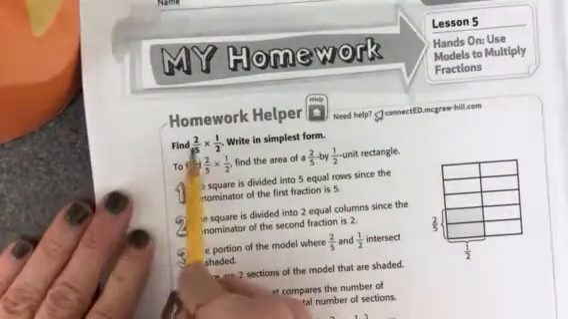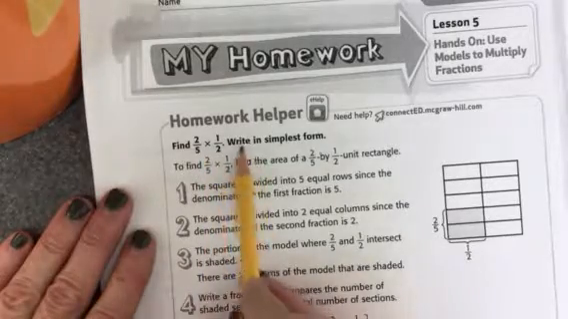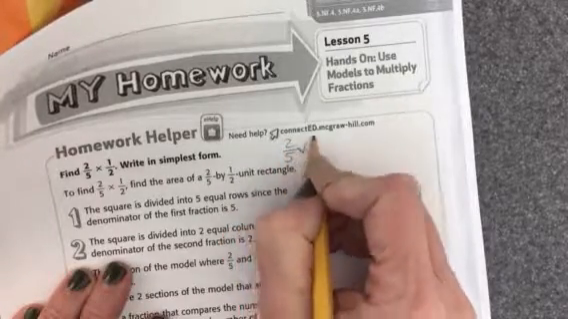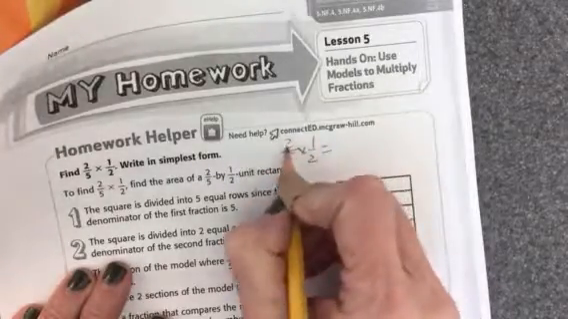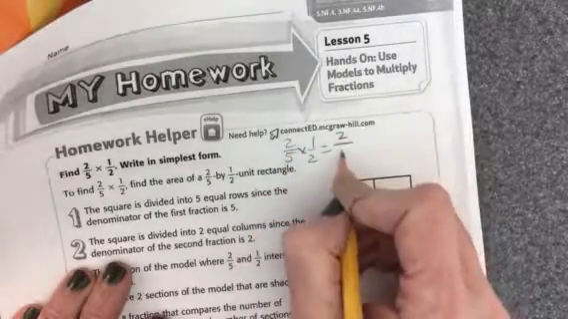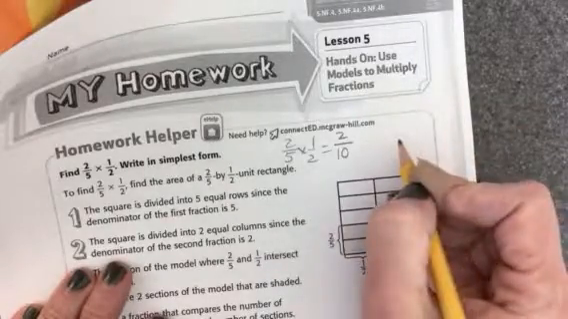Okay, let's look at this example which says find 2/5 multiplied by 1/2 and then write it in simplest form. Now we know that if I take 2/5 and multiply by 1/2, I can just multiply the numerators. 2 times 1 is 2, and 5 times 2 is 10, and there I have my answer already, which I can then simplify, but we